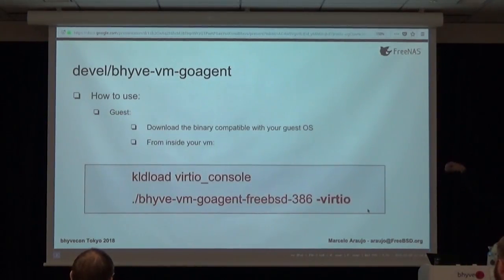Inside the guest, you download that binary. So you load the virtual console module. There is a virtual console for Windows as well. I think it's provided by Red Hat, if I'm not wrong. But unfortunately, the Bhyve VM Go agent doesn't know how to parse a virtual console device inside Windows, because I have no idea how Windows devices work. So if anybody wants to help with that,